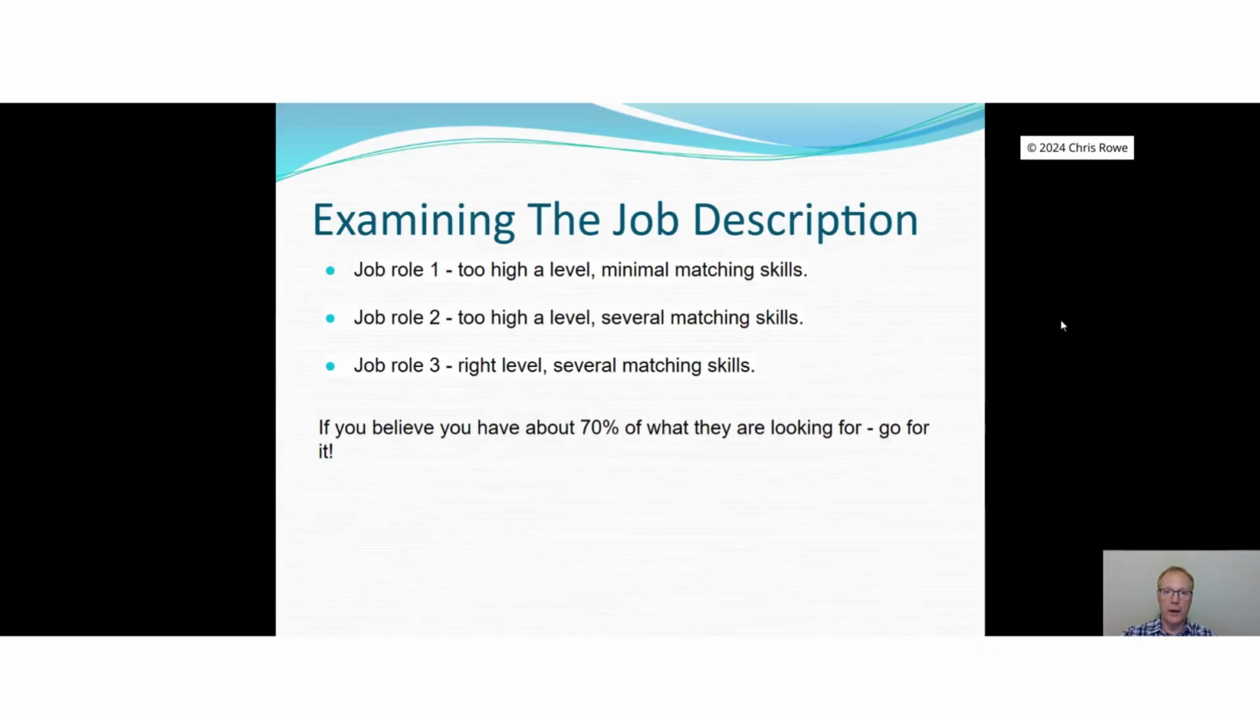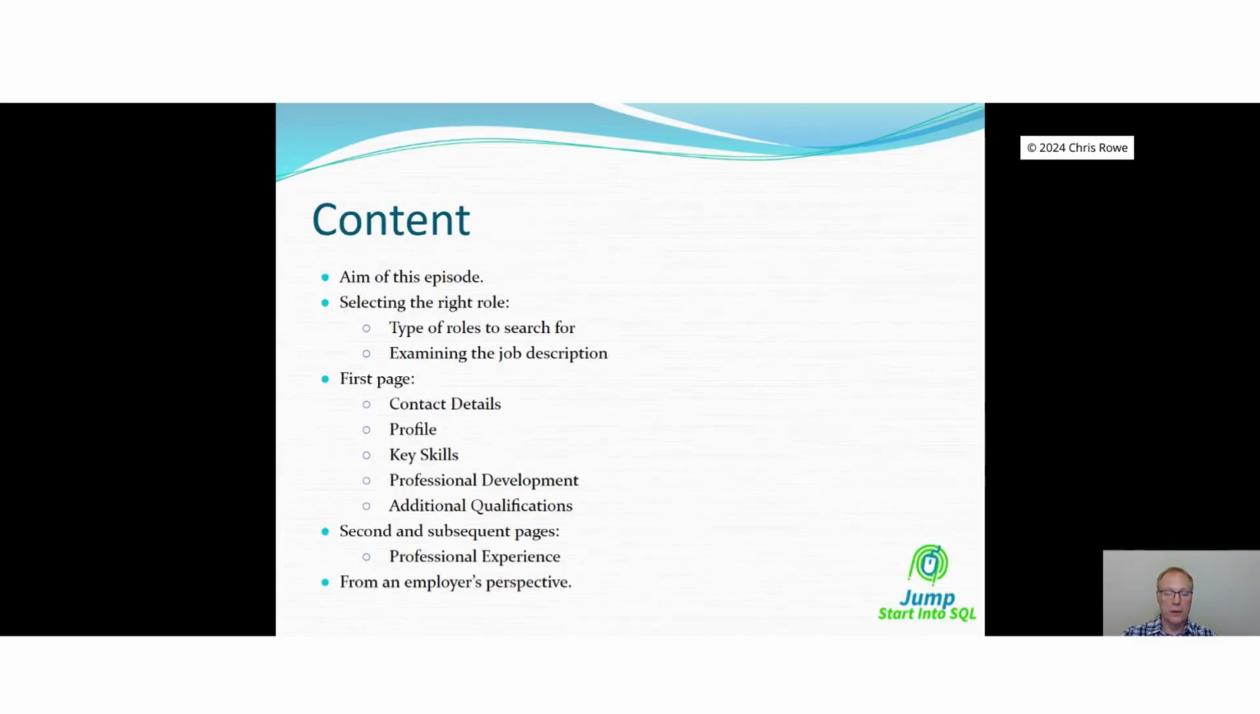But I kept on going, I kept on looking, and the Data and Migration Analyst popped up, and I thought, well, I believe that I have 70%, in fact probably more than 70% of what they're after in that job description, so I went for it and I got the role, and that was the beginning of my SQL journey. Brilliant stuff. So that's it, everyone, for the first video,